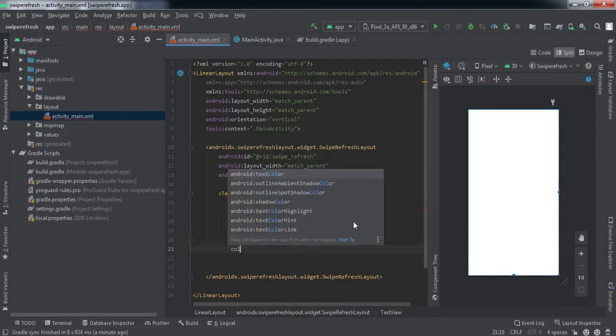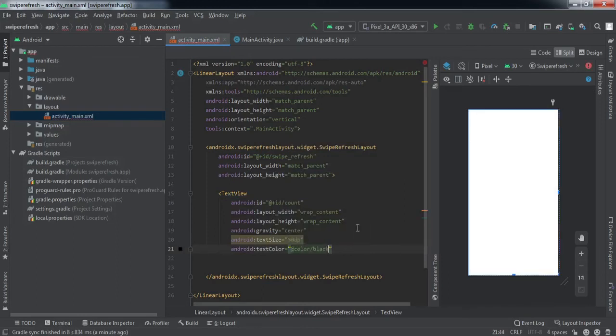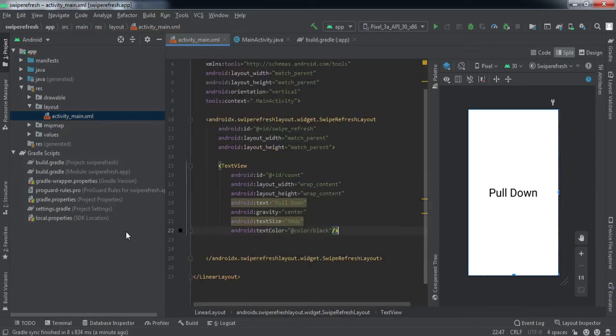We'll set the text color as black, right? And we'll put in the text as pull down. So that is it. That is all we need to do in the XML file.